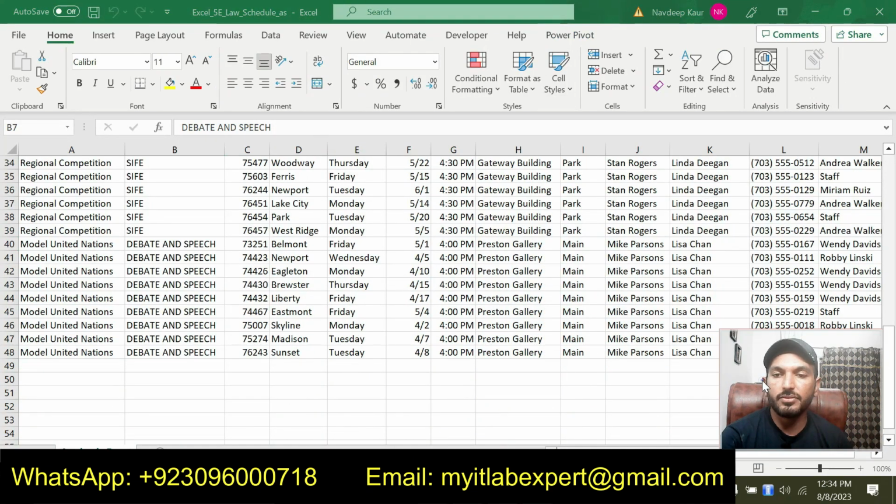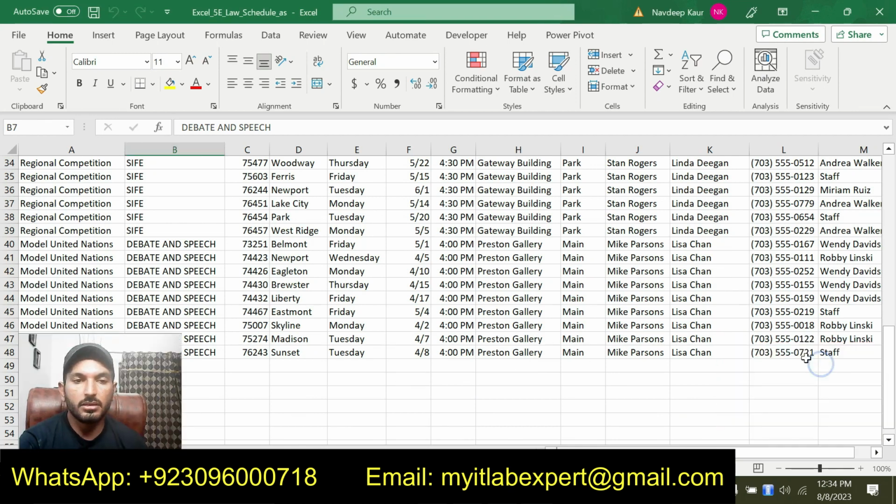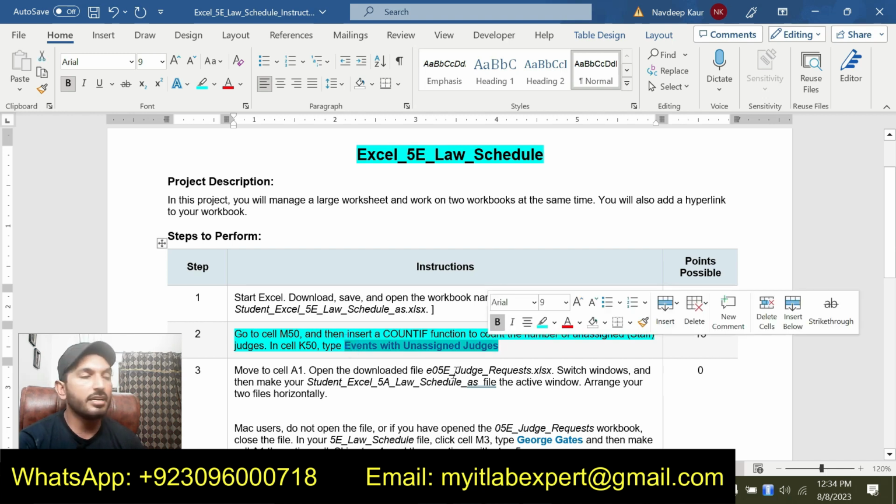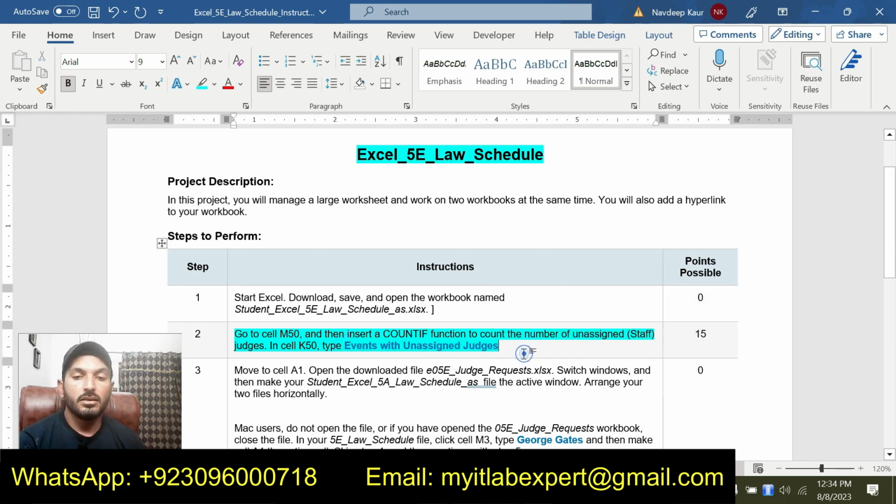Let me look for M50. So this is M50 and we are supposed to use the COUNTIF function to count the number of unassigned judges, and in cell K50 we are supposed to type Events with unassigned judges.